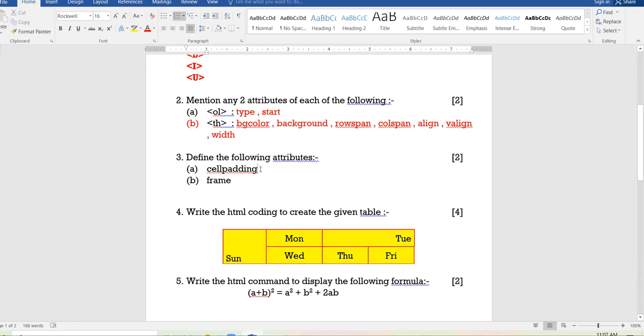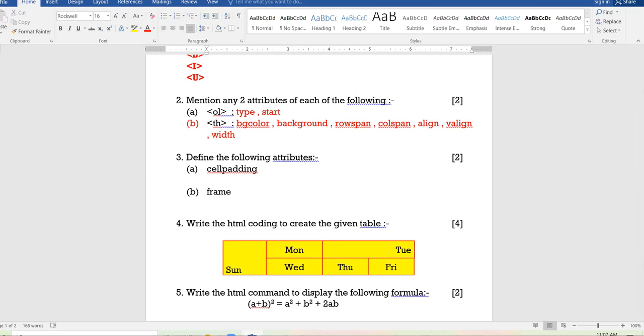Then let us come to the definition part. Here I have asked you two definitions: cellpadding and frame attribute.